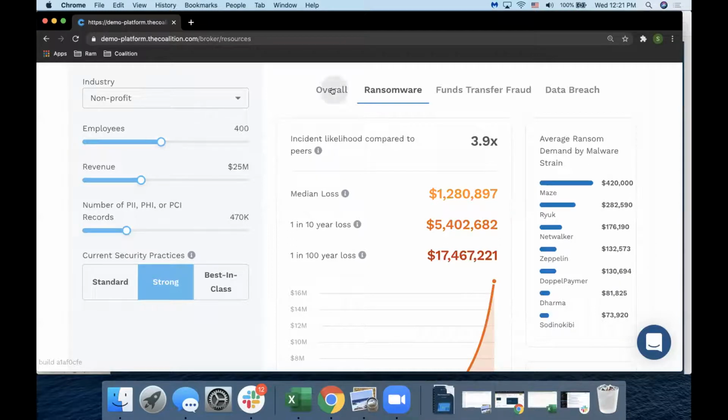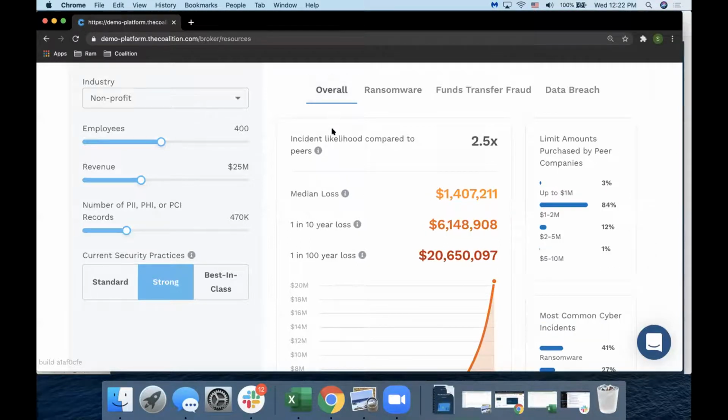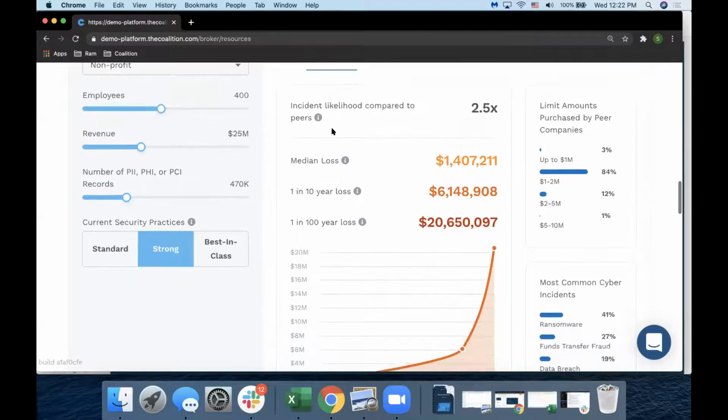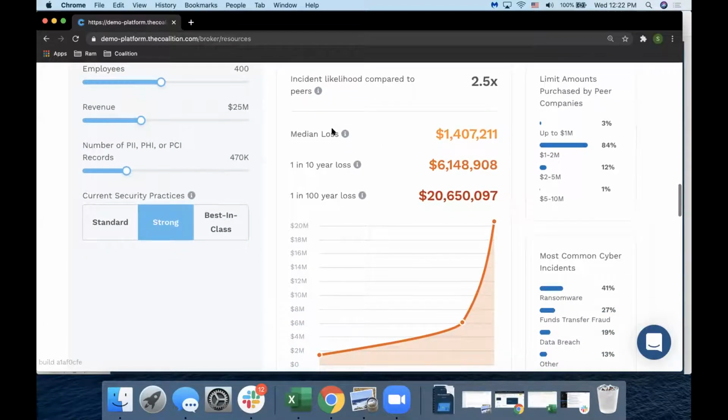And then what we do, as I showed you earlier, is we combine these 3 claim vectors, ransomware, funds transfer fraud, and data breach, and demonstrate to you through actual science and data science what the median loss is, the 1 in 10-year loss event, and the 1 in 100-year loss event. And then